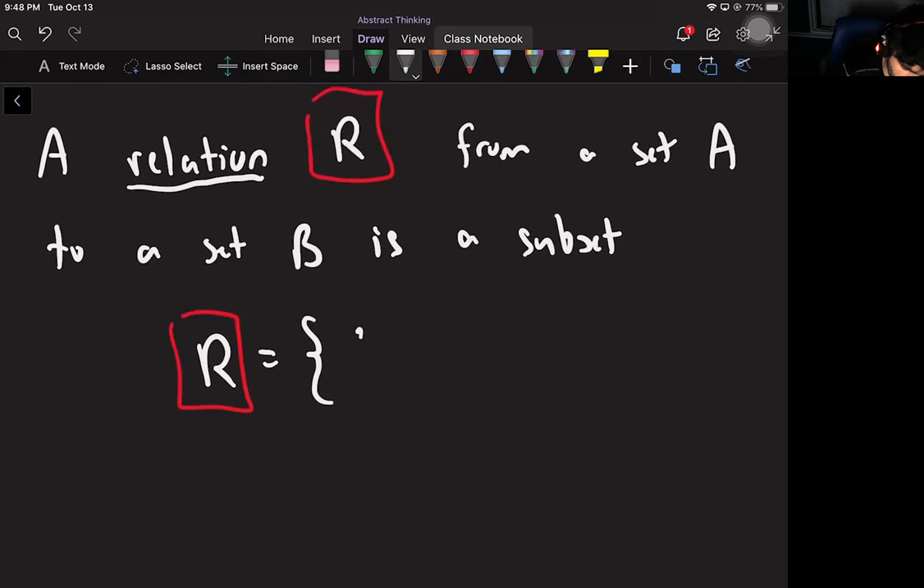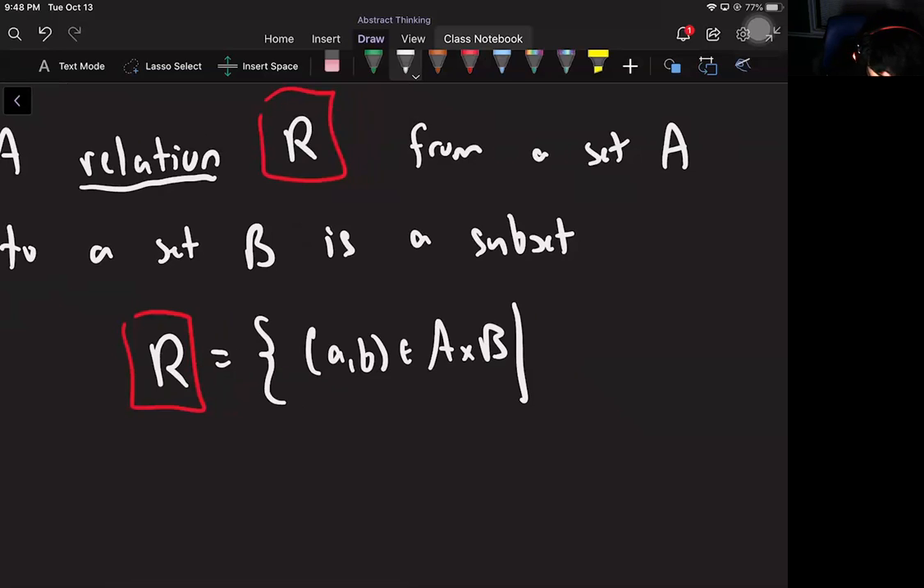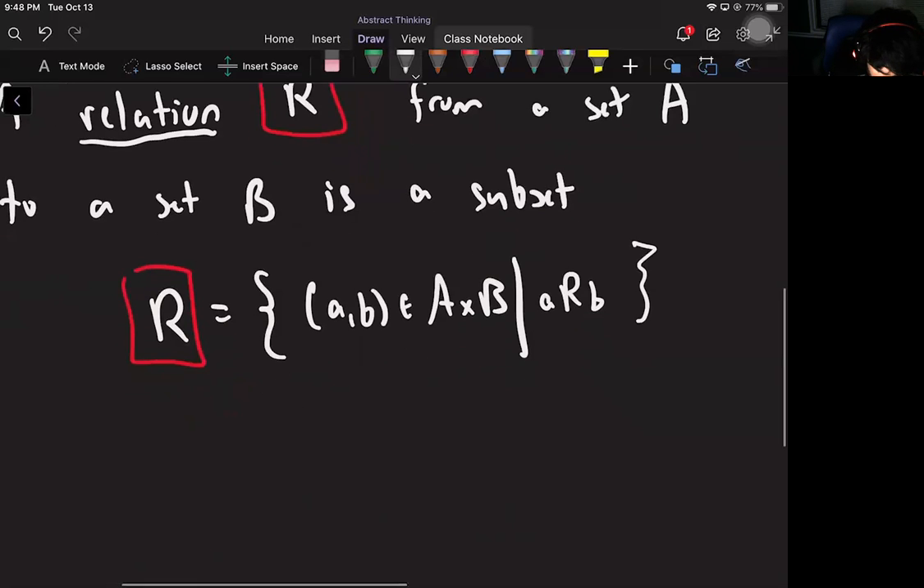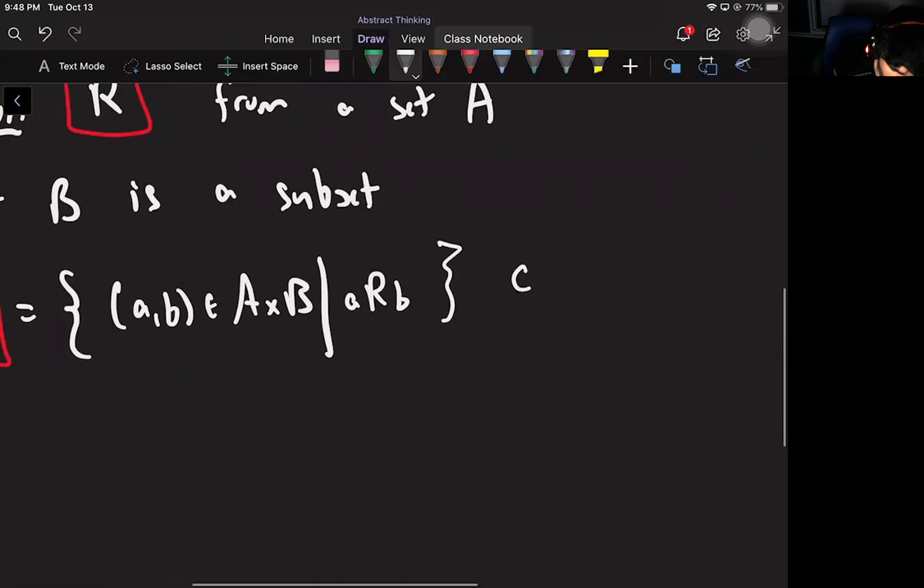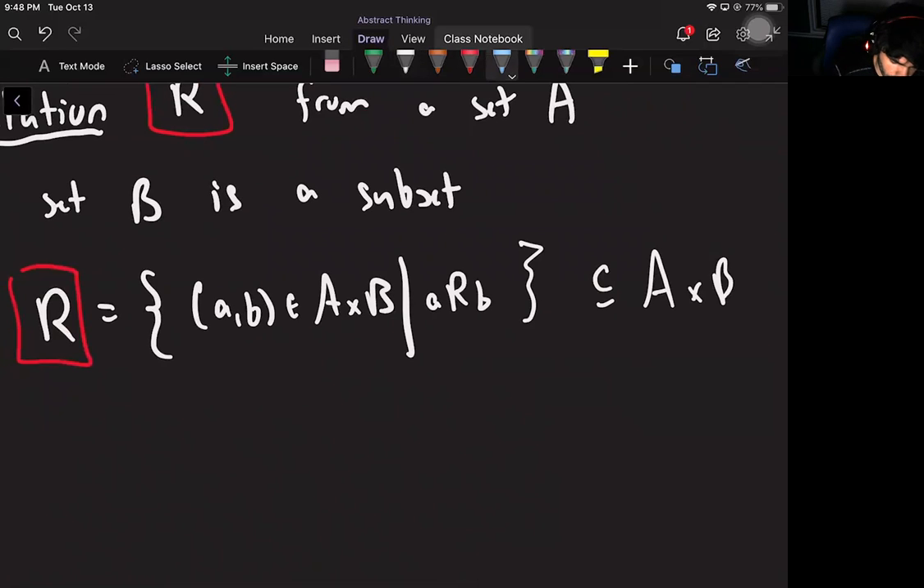It's a subset consisting of ordered pairs living in A cross B. So remember, the product of sets consists of all ordered pairs. So these are just some of the ordered pairs. Which ordered pairs? Well, the ones where a is related to b, which we write as aRb, like that. So it's a subset of the whole product because it's just some of the elements in the product, but which ones